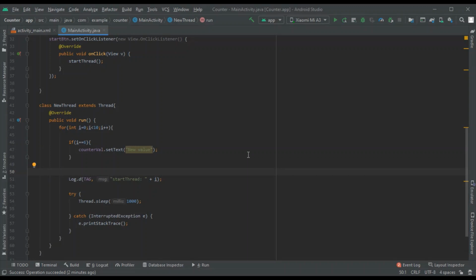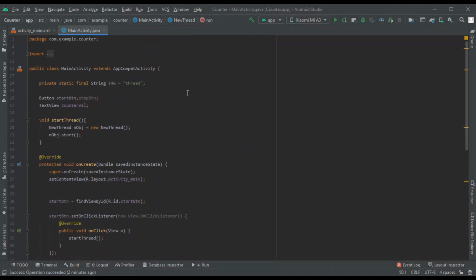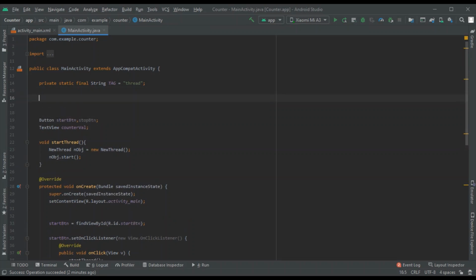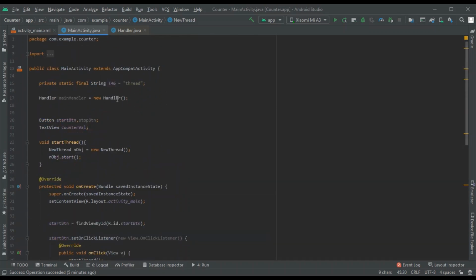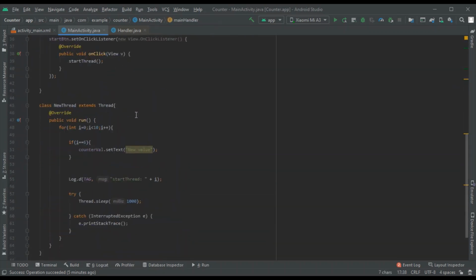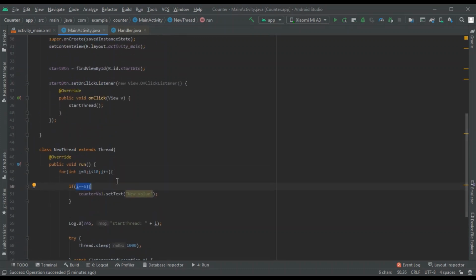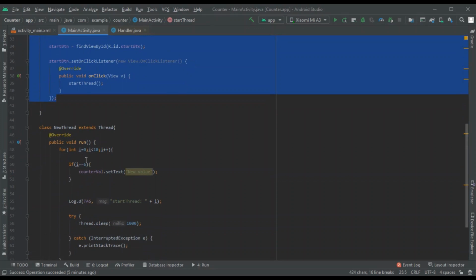So to communicate that, we will be using handler. In order to do that, I will declare a handler class over here. I am creating a new handler object. So I have created this new object for handler. Now in order to communicate between this main activity and this new thread, handler will provide some methods to do that communication. For example, when it reaches 6, by using that handler, we can tell the main activity thread that the value of I has reached 6,